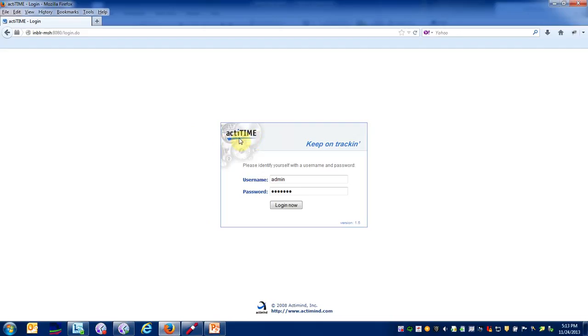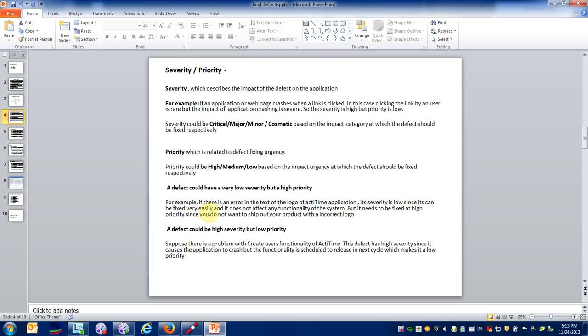So then what is your step? It's a defect. You will write it because the customer logo should be as per the requirement. There should not be even a symbol change, character change, or any change from whatever sample they have given. It should be the same. Correct, right? So if there is an error in the text of the logo of the ActiveTime application, its severity is low, because a change in the logo nowhere affects the business. It is in no way related to any of the functionality. Since it can be fixed very easily,